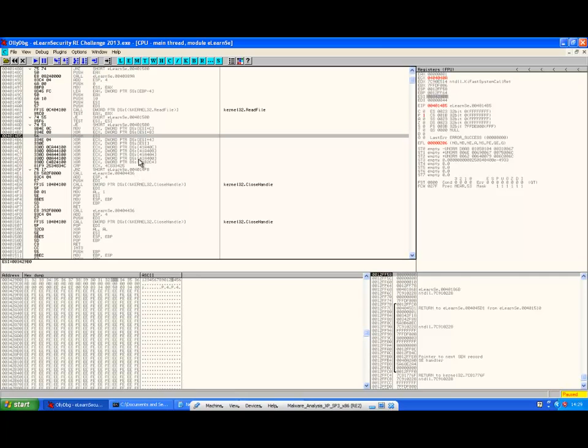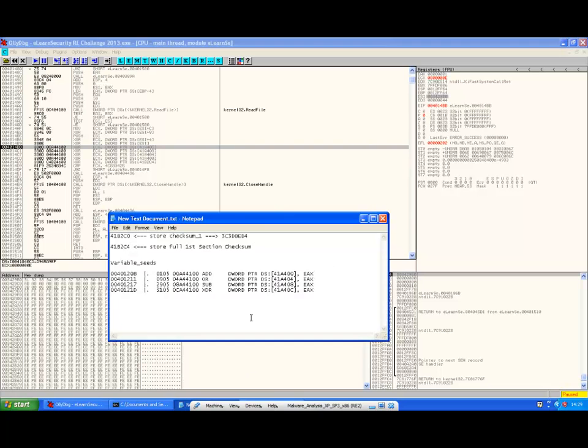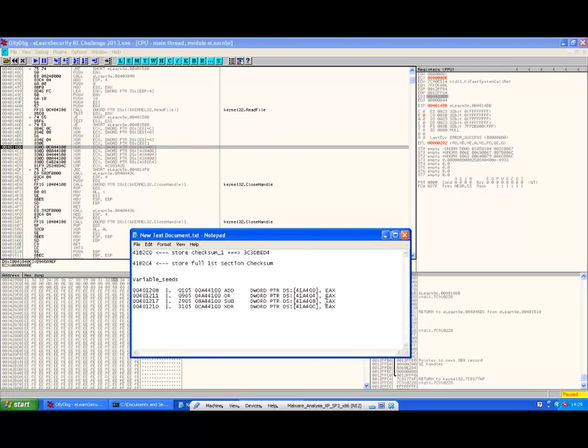Then that result is XORed again with the second D word, and then that result is XORed again with the first D word. And then, as we see, it is going to use the values from these variables here, plus the checksum calculated for the entire first section